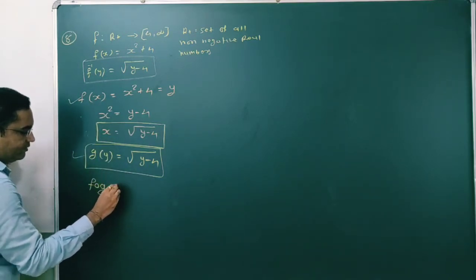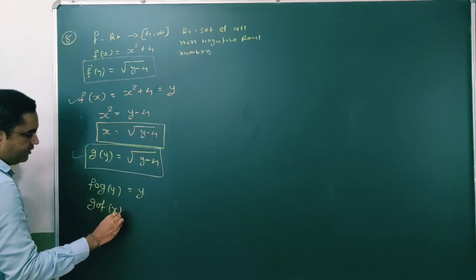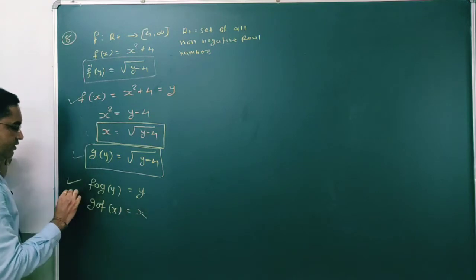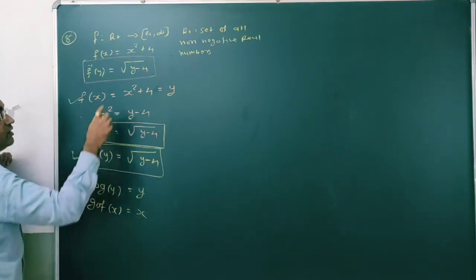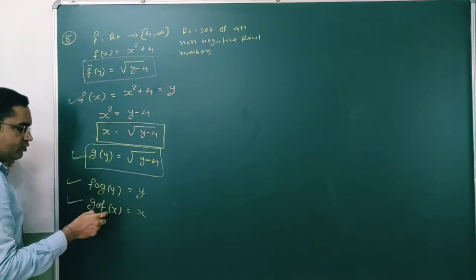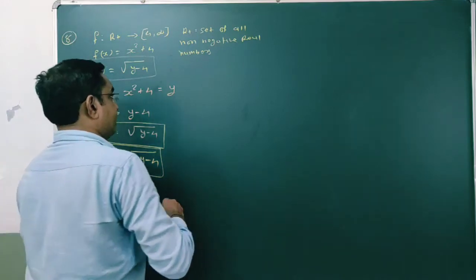fog y equal to y and gof x equal to x. After proving these two results, we will announce that this function is nothing but the inverse of this given function. So we have to check these two results, fog y equal to y and gof x equal to x. So here let's start with the first,